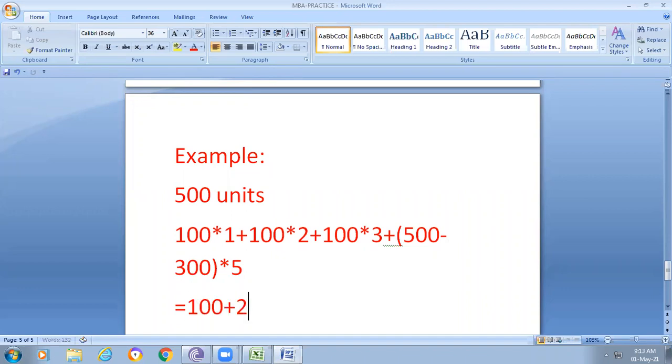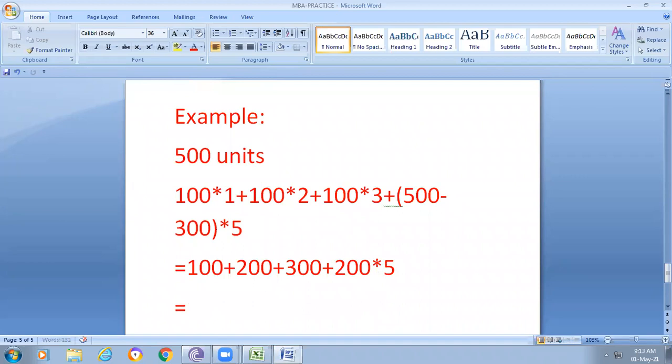So 100 into 1 plus 100 into 2 plus 100 into 3 is 600, plus 200 into 5 is 1000. So the total value is 1600.